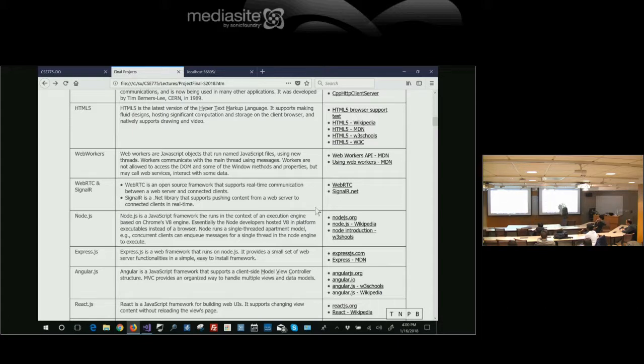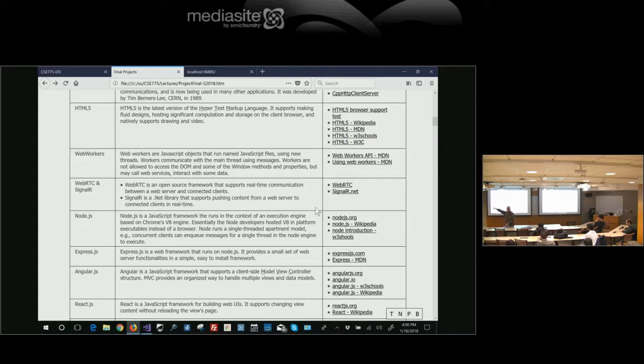So Node.js is a JavaScript framework, and basically here's Node.js. The way it started was a guy by the name of Ryan Dahl, and I think there were some other people involved, took the Chrome V8 engine, which Google published.